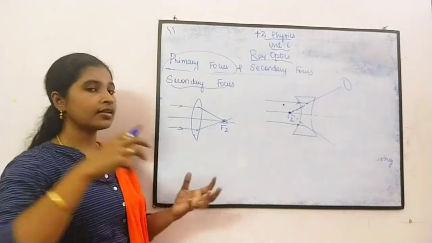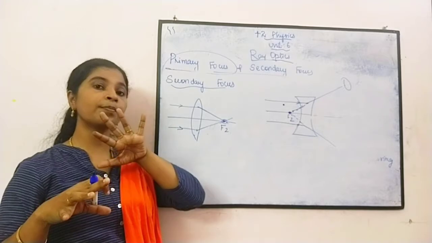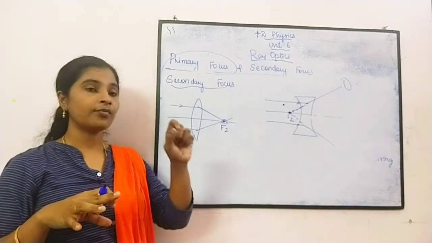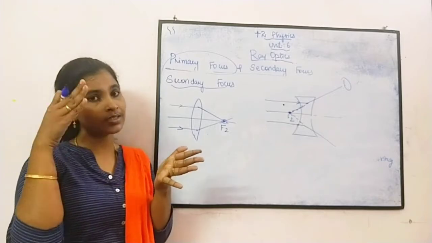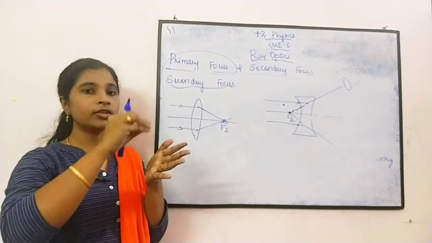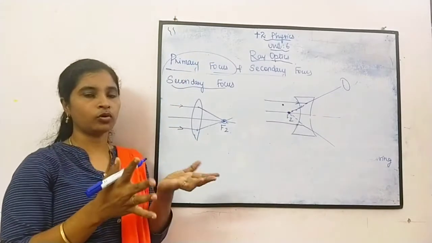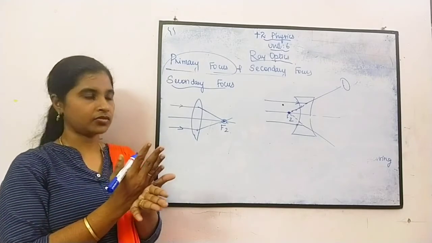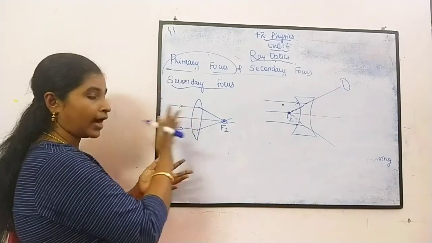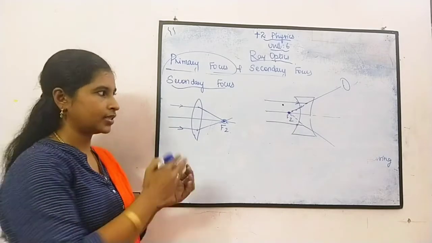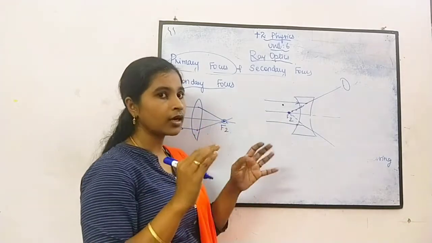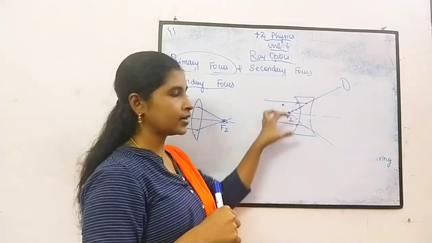If the rays are emerging parallel to the principal axis, the point where we have given the source, that point we call the primary focus. The point from which, if we give the source, parallel rays go out is the primary focus. The point where parallel rays meet after refraction is the secondary focus. In the case of concave, it does not meet at the same point but appears to meet.